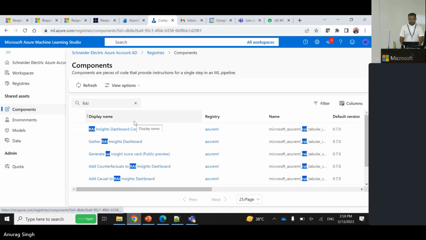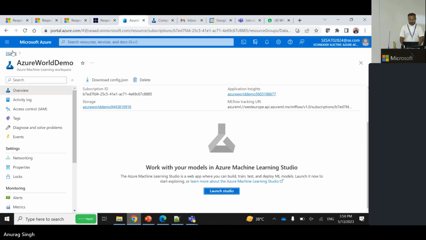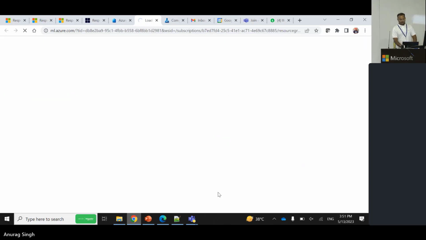you create a machine. Until here, most of you are aware of how to create an Azure Machine Learning workspace. If not, this is an easy topic. You can go ahead, right click, create Azure Machine Learning. Once you have the Azure Machine Learning workspace, you click on Launch Studio. So once you launch the studio over here,